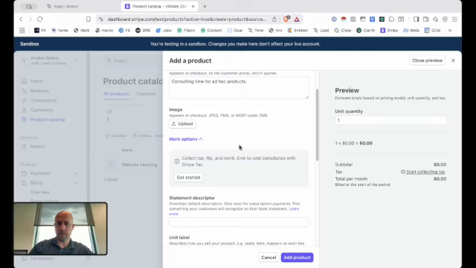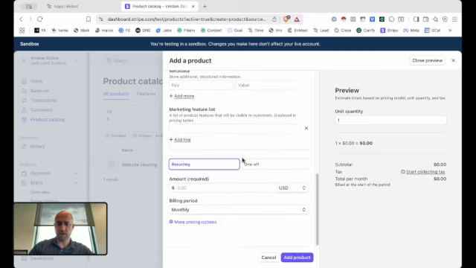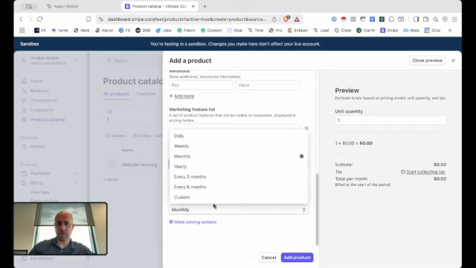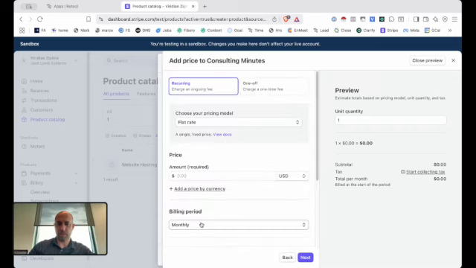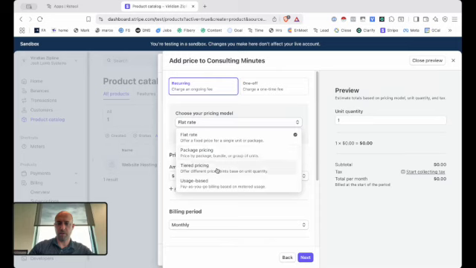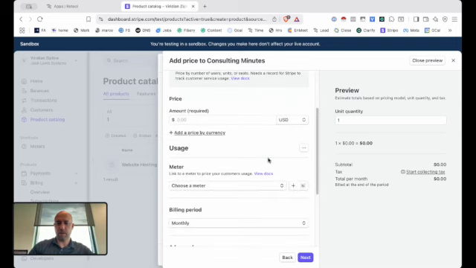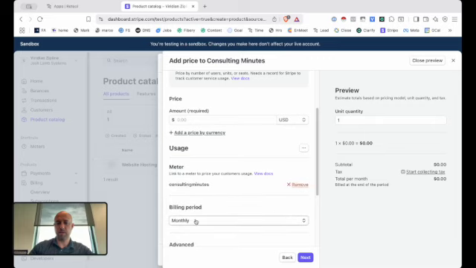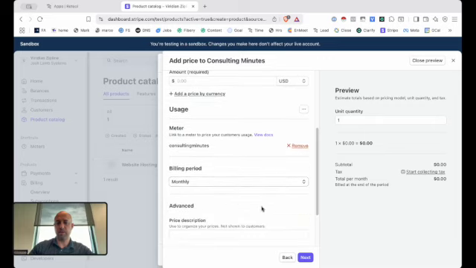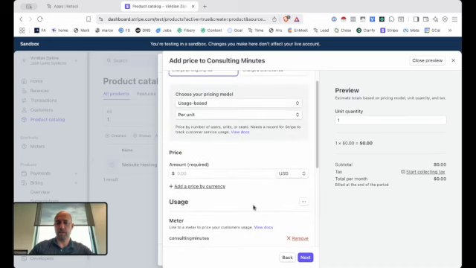We're going to do a usage-based product. So I'm going to go over here and under pricing options, pricing model, I'm going to do usage-based. I'm going to do per unit. And then it's going to have me, this is very important, I want to link it to my meter. So I'm going to choose my meter here that I made, consulting minutes. I'm going to attach that billing period monthly, and then just make up